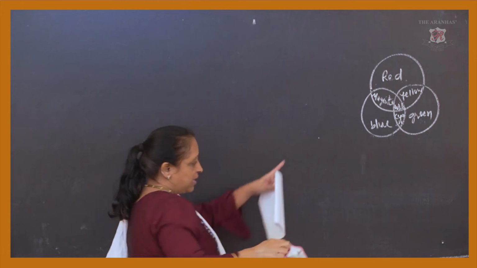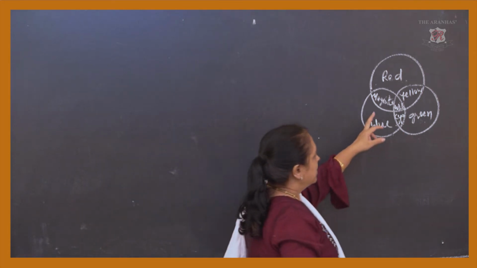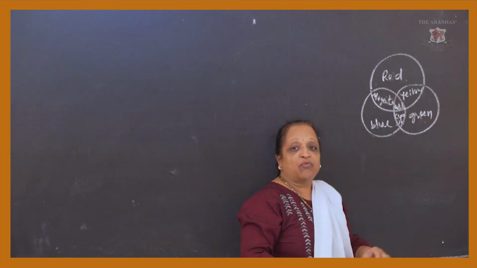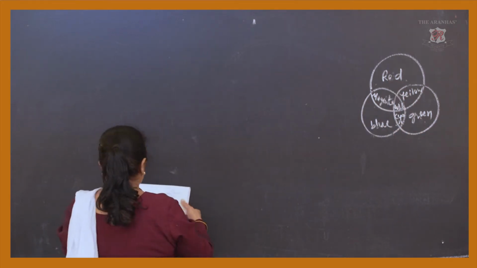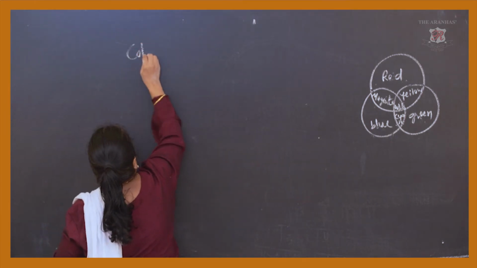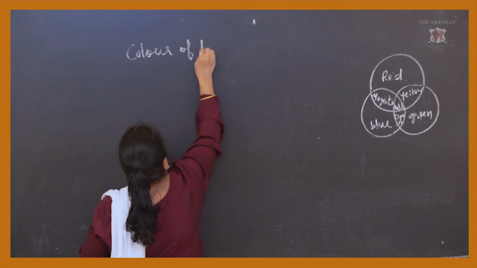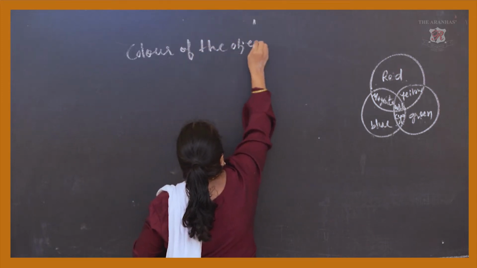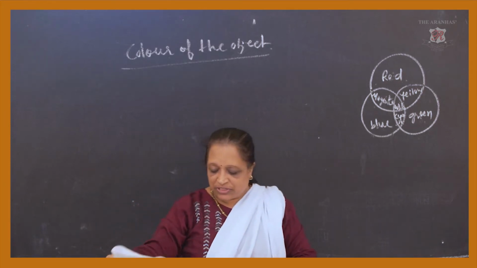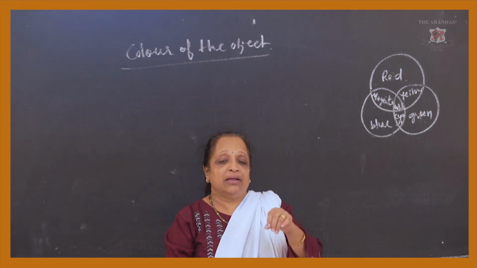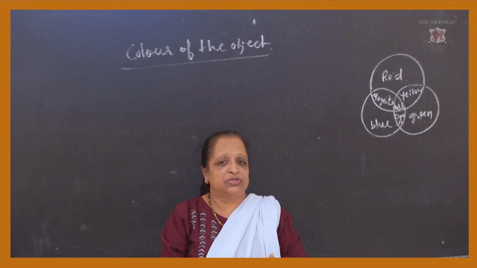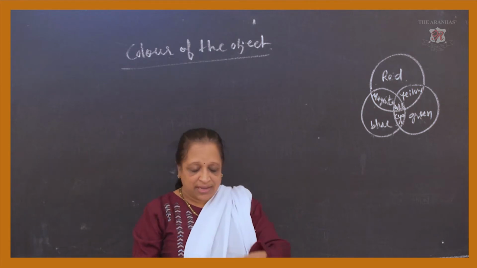This will remain as it is because we want the effect of the combination of red, green and blue, and what effect we get. So here we have the color of the object. I will just read a para for you which will be helpful, like why a leaf is looking green only or why a red flower is looking red only. It can be yellow also.